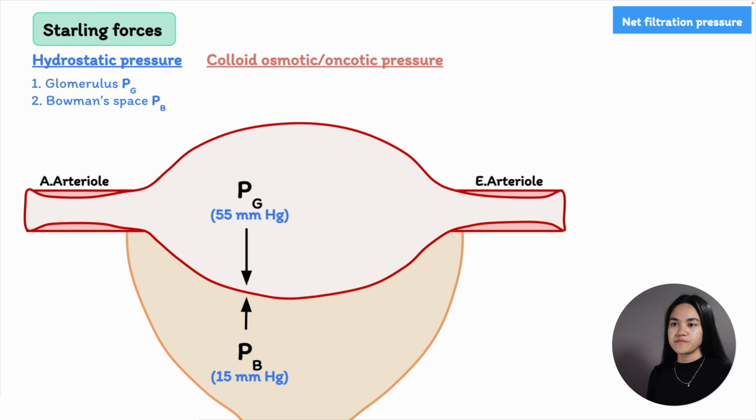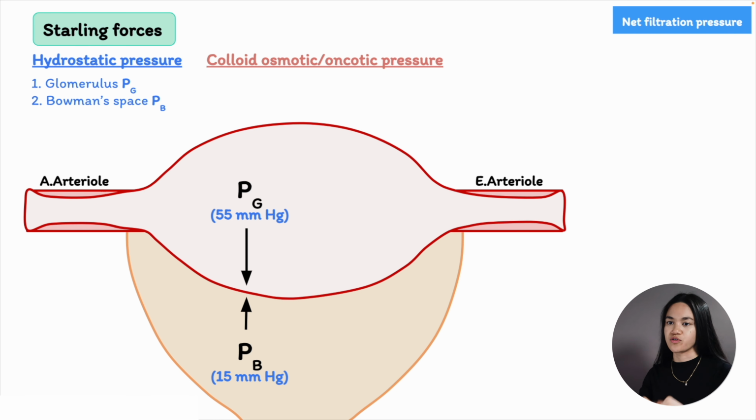The colloid osmotic or oncotic pressure is from the protein concentration differences across the capillary that create an osmotic force. So recall that plasma proteins can't be filtered, so they are in the glomerular capillaries. So there's a difference in protein concentration and water concentration, because the concentration of water is technically higher in Bowman's capsule than in the glomerular capillary. So it's going to create an osmotic force that favors fluid movement, or water movement, from Bowman's space into the